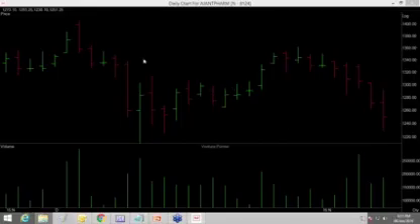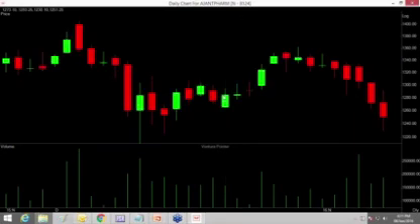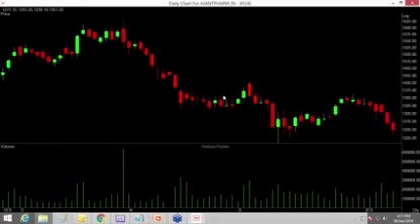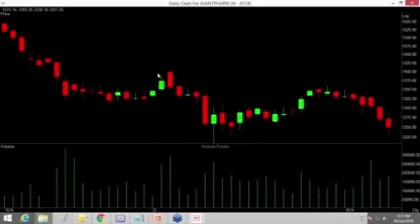Now if you press J on the price chart, then it will show you the Japanese candlestick. Now all these red candles, see here, this is the upper shadow vertical line, and here is the lower shadow vertical line, and the body of the candle is red because the closing price is lower than the opening price of the day.